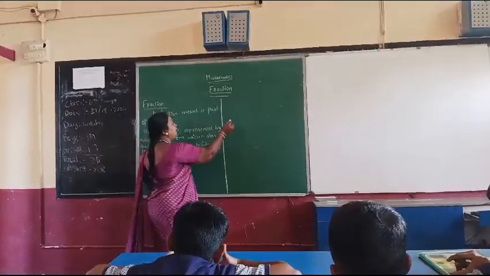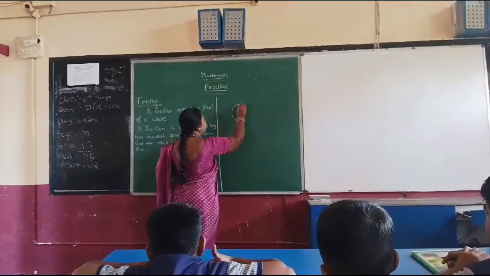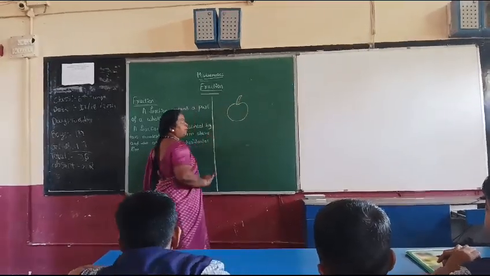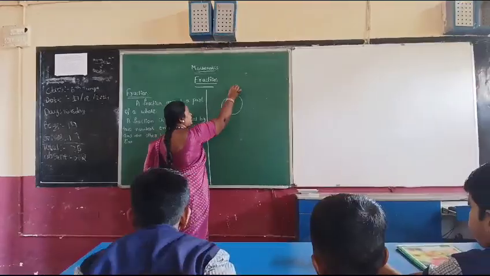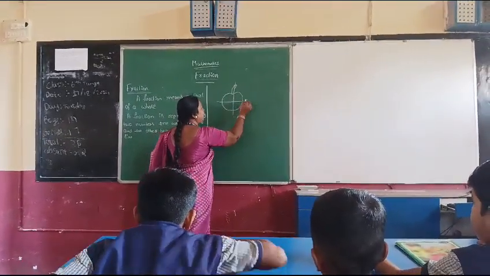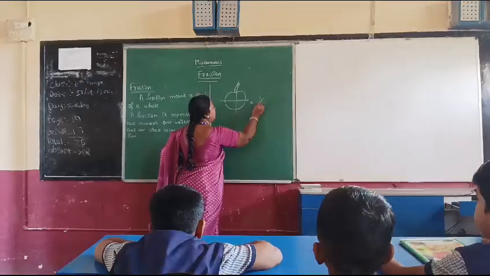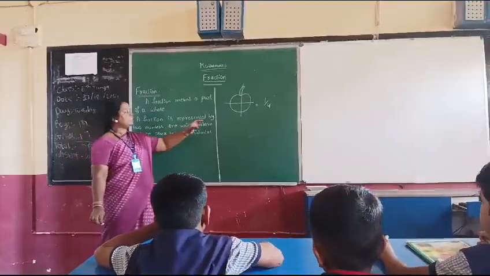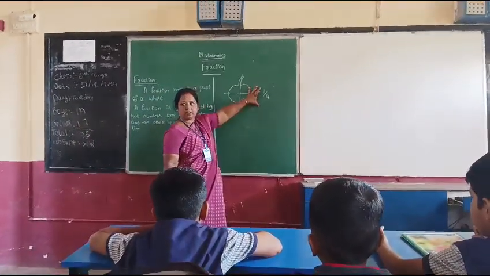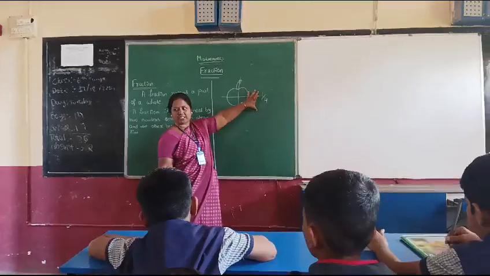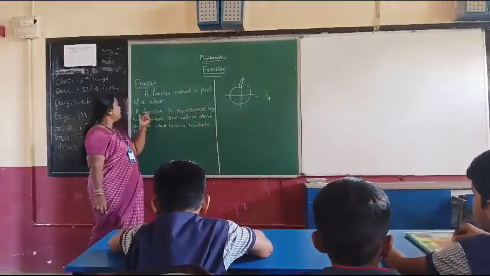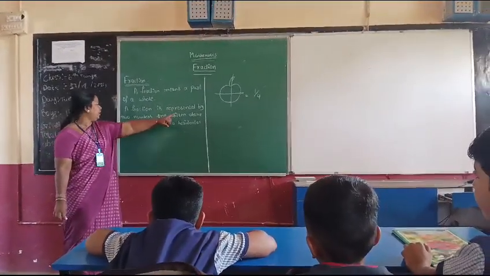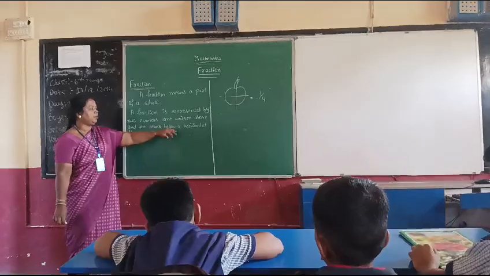For example, if we have one apple and make this apple into 4 pieces, then we will represent this as 1 by 4. So, the representation of the two numbers is called a fraction. Have you understood it? The fraction is represented by two numbers, one written above and the other below a